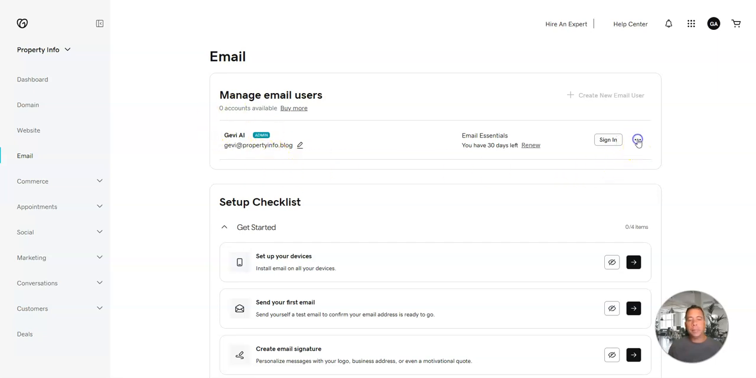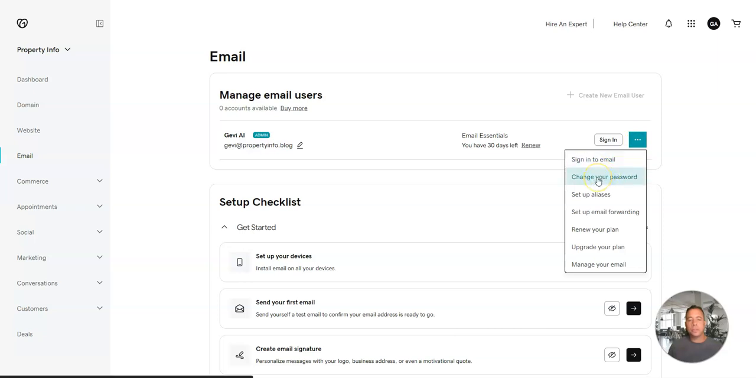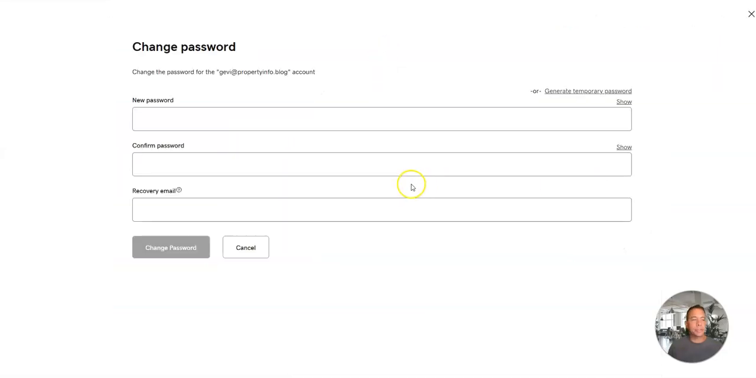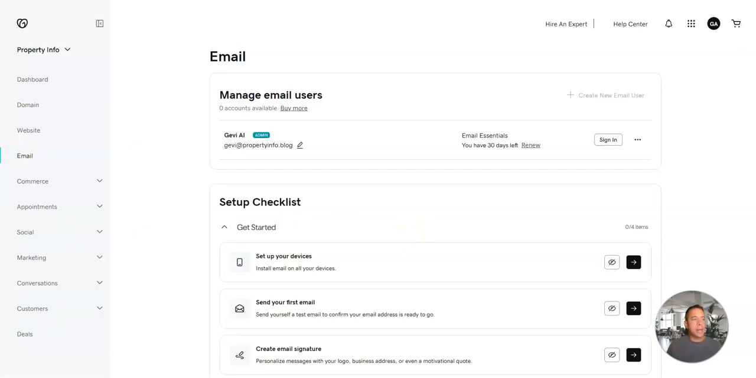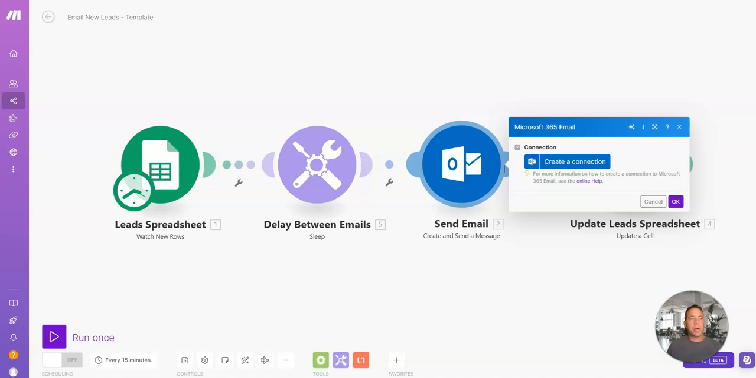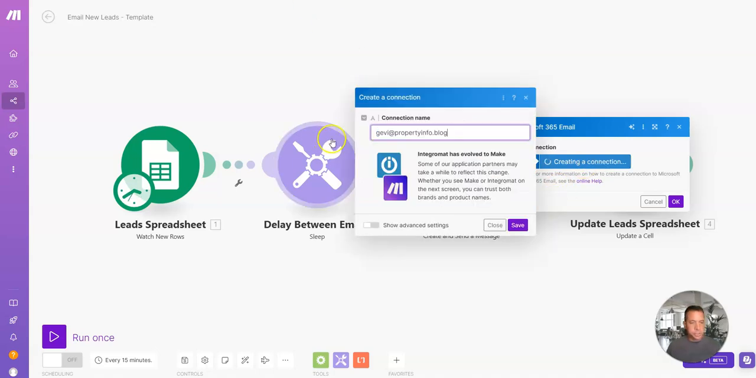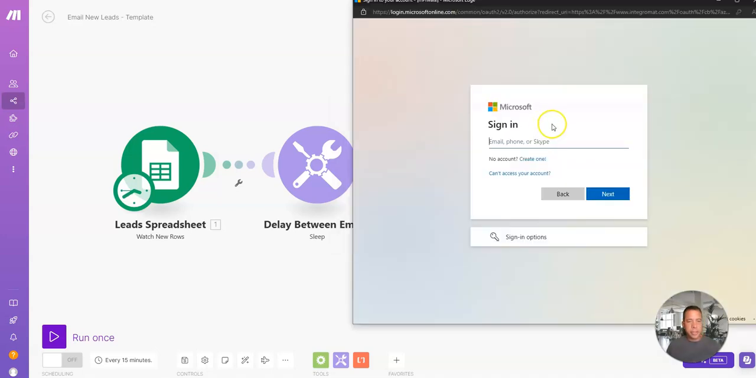One thing that I'm going to want to do is change my password. There's a default password in there when the email is set up. So I'm going to enter in my new password, put in a recovery email address, click change password, and now I can come back over to my automation and click create a connection, and I'm just going to name it the email address, click save,